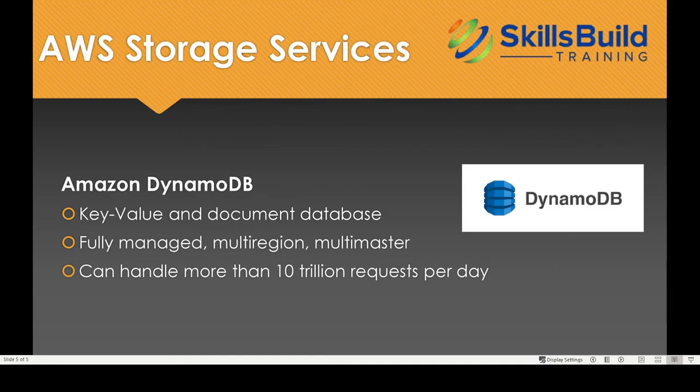Last one, we have Amazon DynamoDB. That is a key value and document database that delivers single-digit millisecond performance at any scale. It is a fully managed, multi-region, multi-master database with built-in security, backup and restore, and in-memory caching for internet-scale applications. DynamoDB can handle more than 10 trillion requests per day and supports peaks of more than 20 million requests per